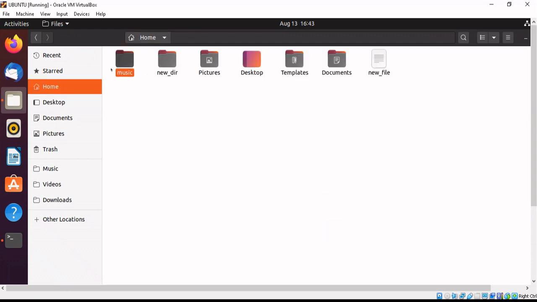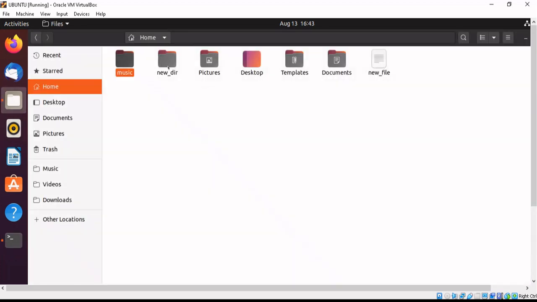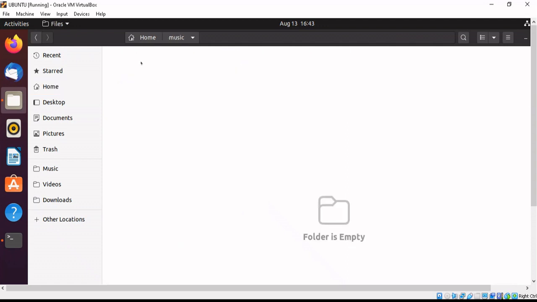Now if I want to delete this music, again I have to go to the home directory, and in this home directory all these directories are available. So now let's go to this, and I write cd space double dot. So I reach the home directory. Now inside this home directory, I want to delete this music, which is empty now, right?